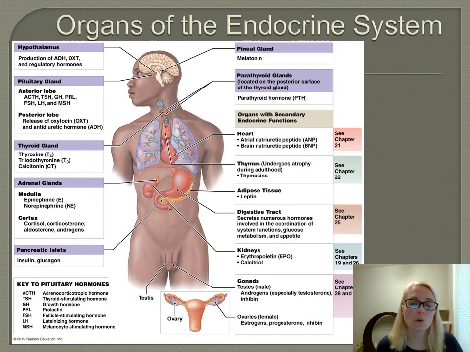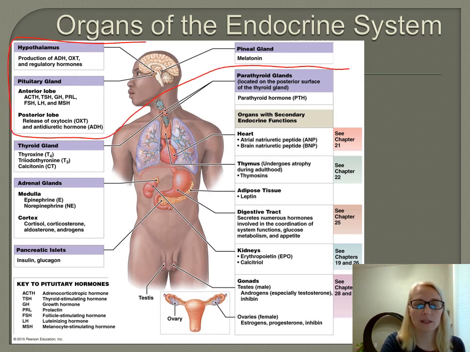Okay, so just an overview. This is there at the beginning of the chapter. I just wanted to show you some of the organs of the endocrine system, and they are widely distributed around the body. So it's not like there's one specific location where you're going to find endocrine organs or tissues. And you'll also notice some of them are associated with other body systems. So some key ones